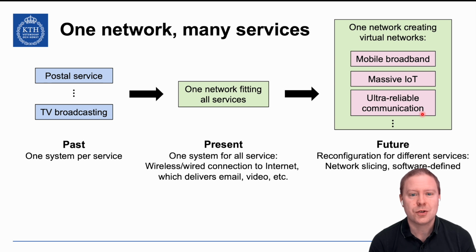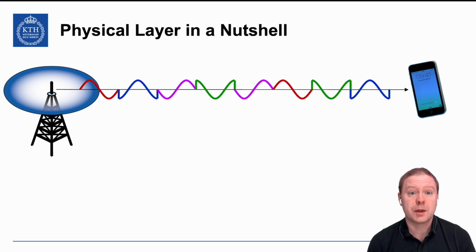And in order to build something like that, we're also making our networks more and more software defined, so it's not what kind of hardware we put out there today that is defining how the network will be operated, but we can change this with time as new service requirements are appearing and people want to buy new services from the telecom operators. I will now talk about how the physical transmissions in wireless communication is operating,